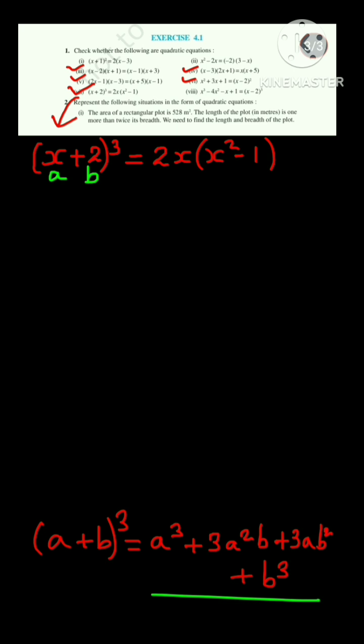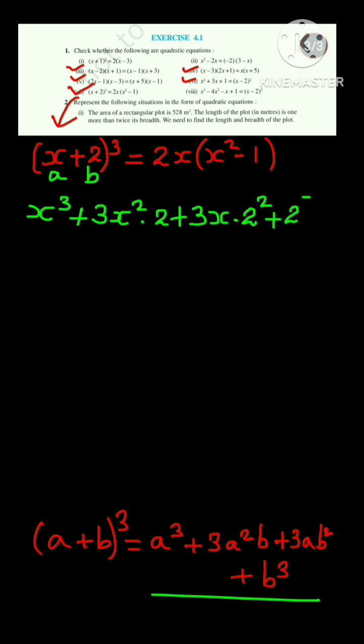Now we can expand like this: x cube plus 3x square into 2 plus 3x into 2 square plus 2 cube, okay, equal to, and in RHS we just multiply these two. 2x into x square we obtain 2x cube plus into minus, minus 2x into 1,